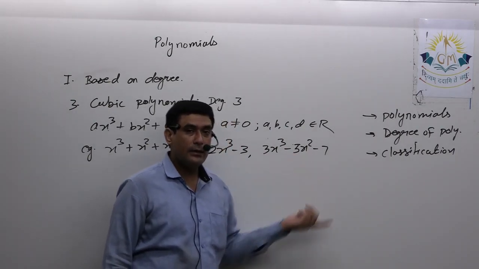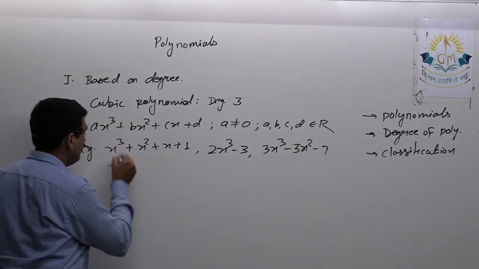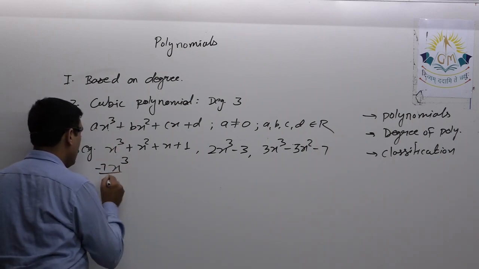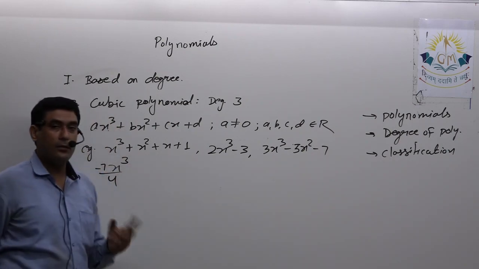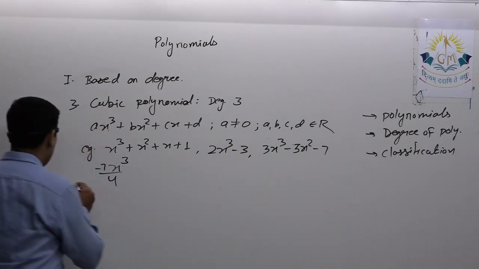This is cubic trinomial. Okay, and simply if I write x cube or minus 7 upon 4x cube, so this is a cubic monomial. Okay, so that is cubic polynomial. Now next is